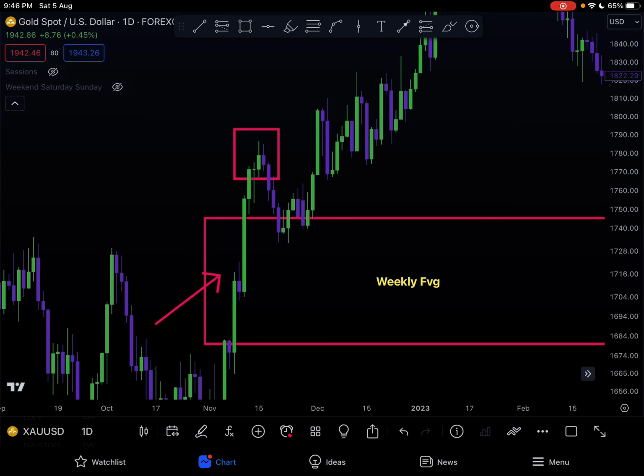I do not enter the marketplace without a fair value gap. I don't. Or at least there's some fair value gap or some imbalance somewhere within the plan. You feel me? Because if I'm not using a fair value gap, I'm playing Mission Impossible. What kind of thing is that? Like, no. I like having fun.